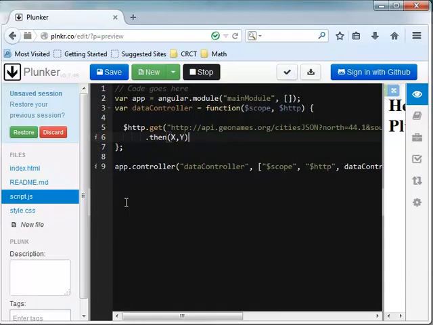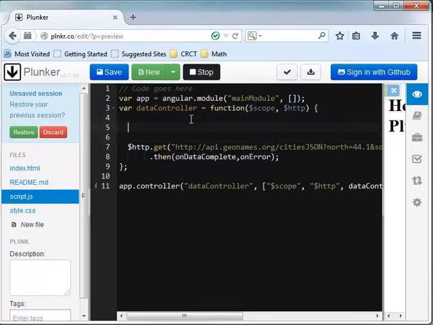Okay, so I'm going to provide two functions here. A function that represents the success. Let's call it, for example, on data complete, and a function that represents the failure. Let's call it on error. Right? Okay, so I need to provide those two functions, I need to write them. Let's go ahead and write them up here. So var on data complete,